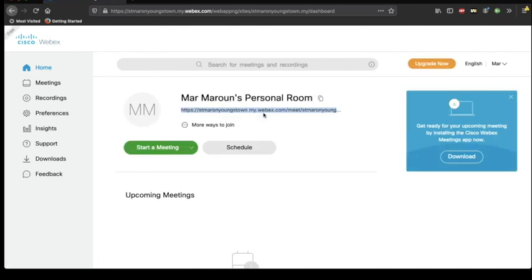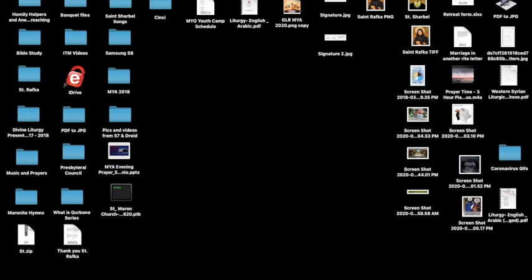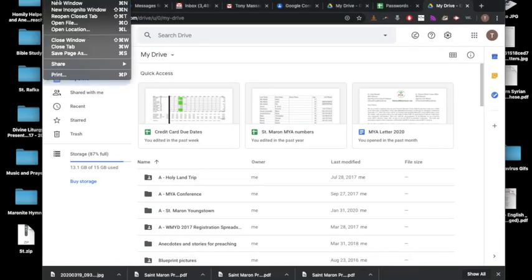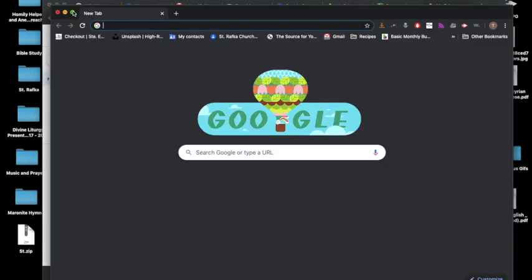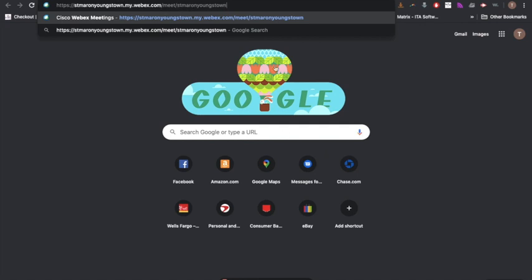So this web address that just turned blue, this is what you would send to the student, but you can also use this web address to log in as the host as well. And I just want to show you that. So we're going to sign out. I'm going to log in through Chrome. So we'll open a file, new window, whole new thing. Make this big. So I'm going to put that web address,